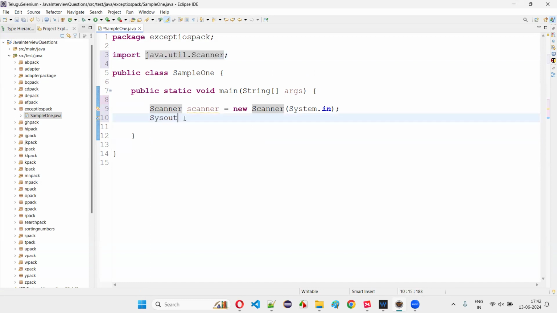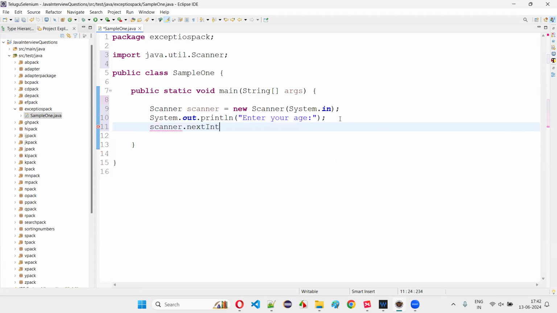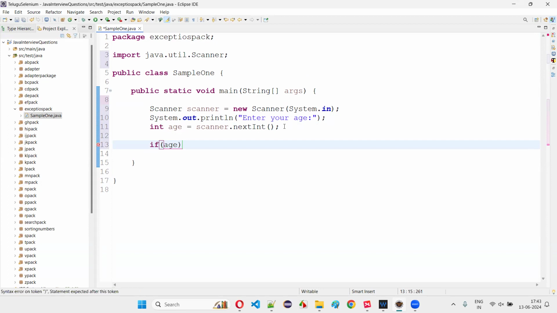After that, display a helpful message for the user: Enter your age. By looking at this text in the output console while the program is running, the user will enter an age in the form of an integer. If I write nextInt here, this nextInt method of the Scanner class will collect the integer input from the user and store it into the age variable. Now I'm going to write: if age is greater than or equal to 18,